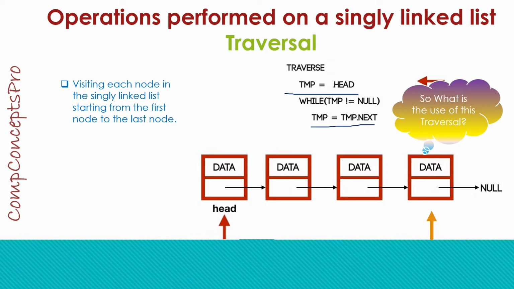So while we are traversing the linked list, we can display the data stored in each of our linked list node during each iteration if our program demands so, by writing simply this statement. And also for insertion and deletion of a particular node at a particular place, we have to traverse through the linked list. This use we will see while studying insertion and deletion operation on the linked list.